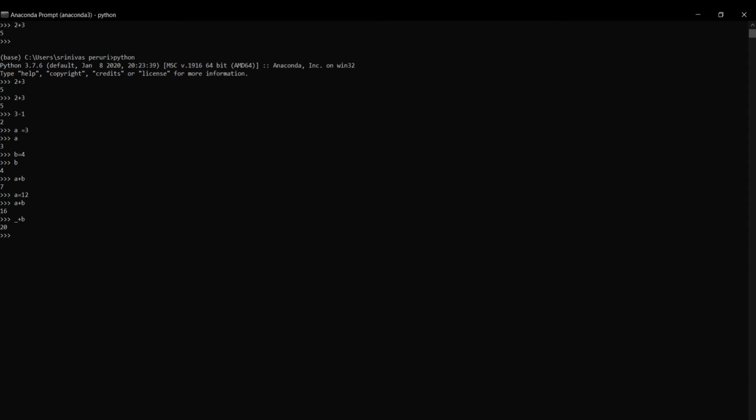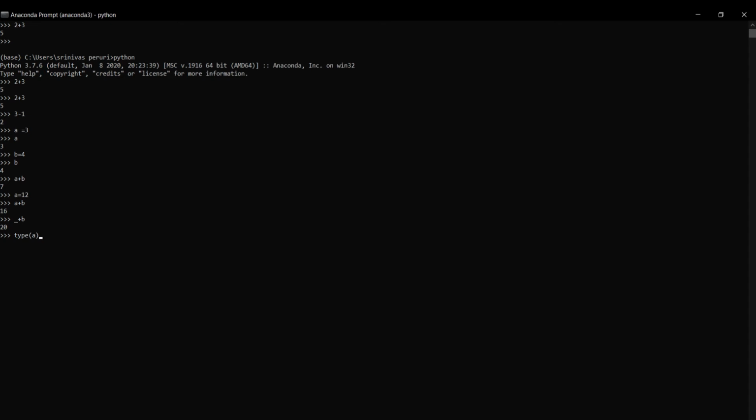So whenever you want to use the previous output as our input, then you need to use the underscore operator. Okay. Next, what if I want to know the type of A? Right? Whether it is integer type, string type, or character type, I have confusion. So whether it is this data type or that data type, I want to know the data types.